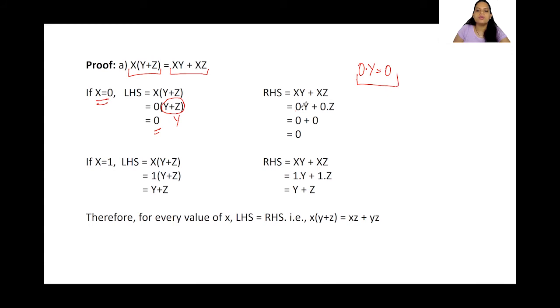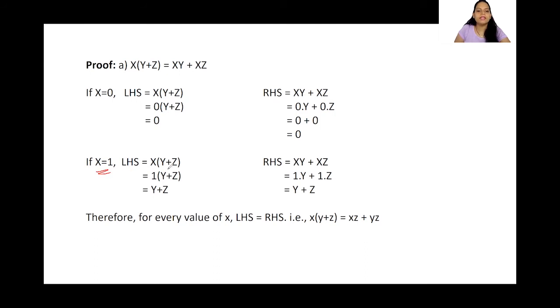So 0 and y is 0 again. 0 and z is 0 again. So 0 plus 0, where plus is nothing but the OR operator. Whenever we do an OR operation between two zeros, we will always get 0. So from this, it is clear that left hand side is equal to right hand side. Hence, we have proved this for x is equals to 0. Fine. Let's go ahead and do it for x is equals to